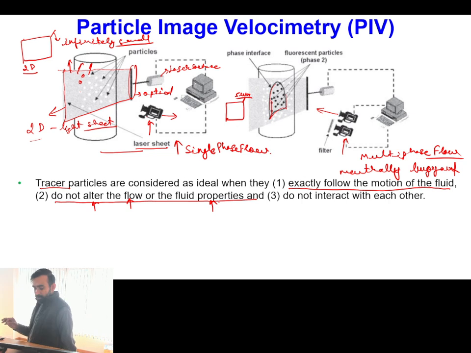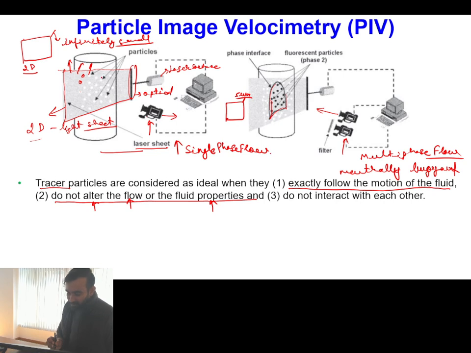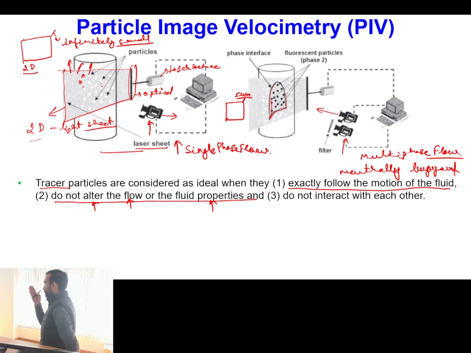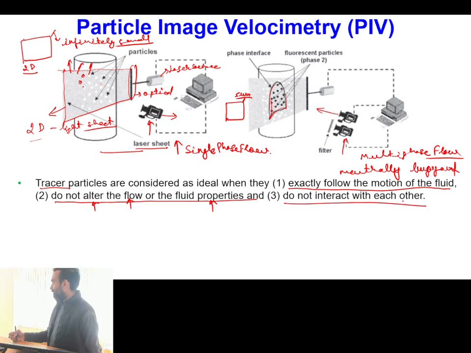Concentration of particles should also not be so small that in the entire frame I only have 2-3 particles. Then also I will not be able to make a good estimate of the velocity field, and that type of estimate can even be obtained from hot wire anemometry or optical probe arrangements. So we should have an optimal concentration which gives proper resolution, at the same time does not change the properties of the reference fluid, and particles should not interact with each other,